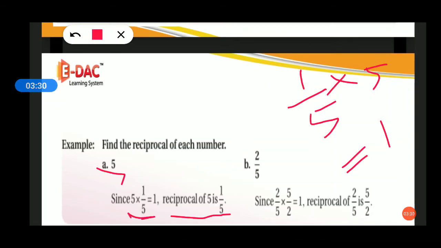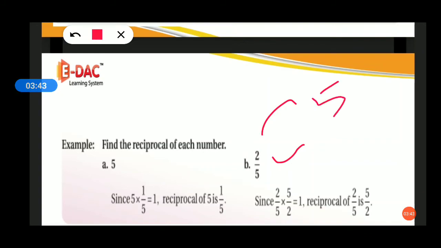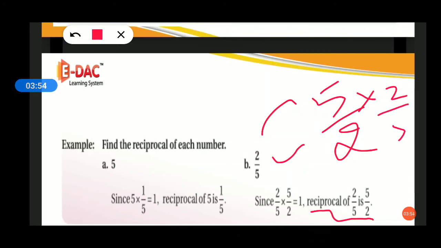See here. They have given this one. Now see the second one. The first one was the whole number. The second one will be the fraction. For the fraction 2 by 5, what will be the reciprocal? You just reverse it, 5 by 2. Okay, students? Reciprocal of 2 by 5 is 5 by 2. If you reverse it, that is the reciprocal. If you multiply 5 by 2 into 2 by 5, the product will be 1. That is nothing but a reciprocal. Understood, students? If you multiply the given number and this reciprocal, the product will be 1.